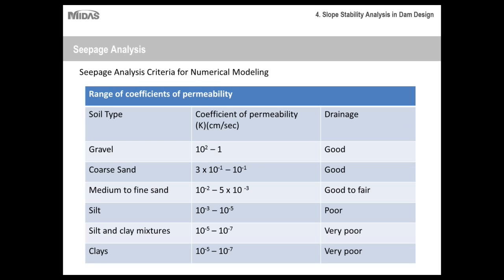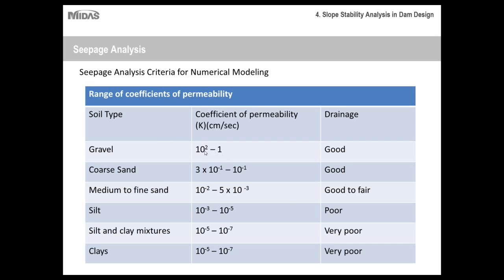There are certain things that need to be determined for a seepage analysis. The main parameter that you need to take into account is the coefficient of permeability. Essentially, the coefficient of permeability is a measure of how fast water can travel through a certain medium, or through a certain soil type in this case. Here, in this table, we have permeabilities for various soils ranging from very high permeabilities to very low permeabilities. For example, gravel has very large pore spaces, or the spaces in between gravel are very large. That way